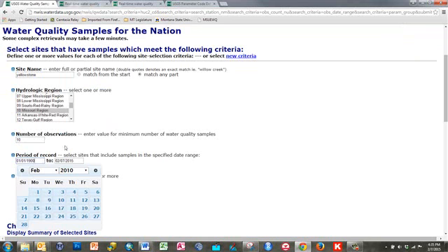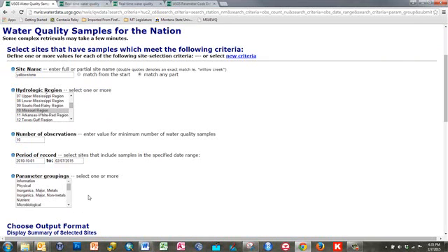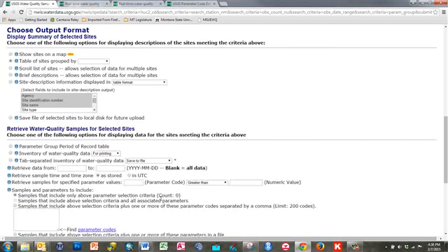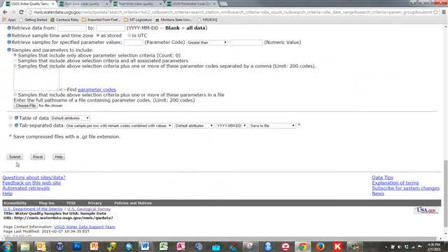But I want data starting in 2010, say October 1st of 2010, so the start of the 2011 water year. So I'm going for fairly recent data, and I'm interested in nutrients. So Yellowstone River, relatively new data for nutrients, is what I want to do my term project on. So I'm going to submit that,